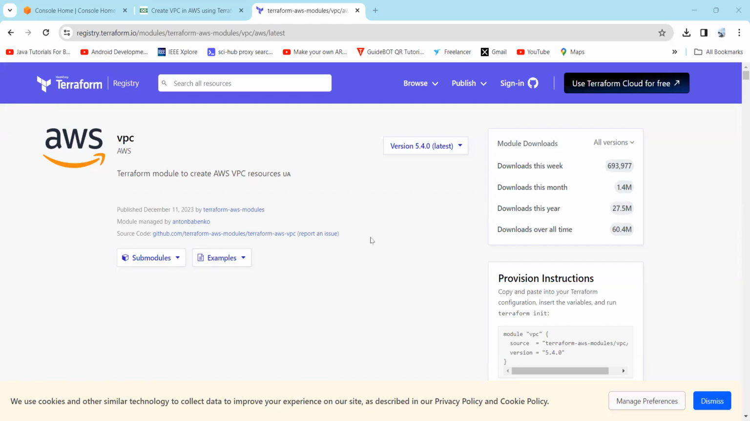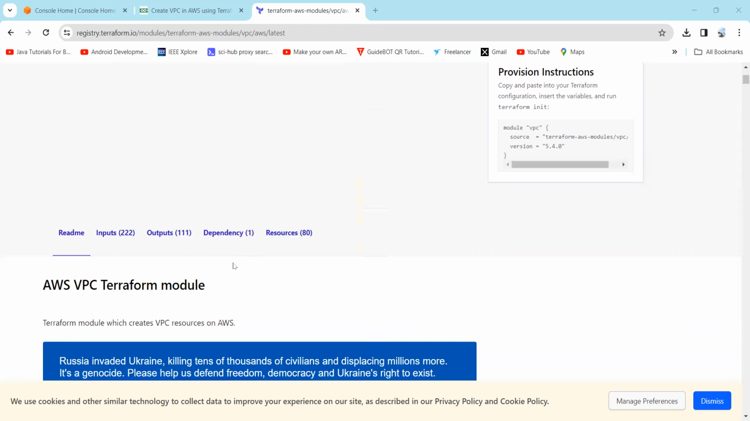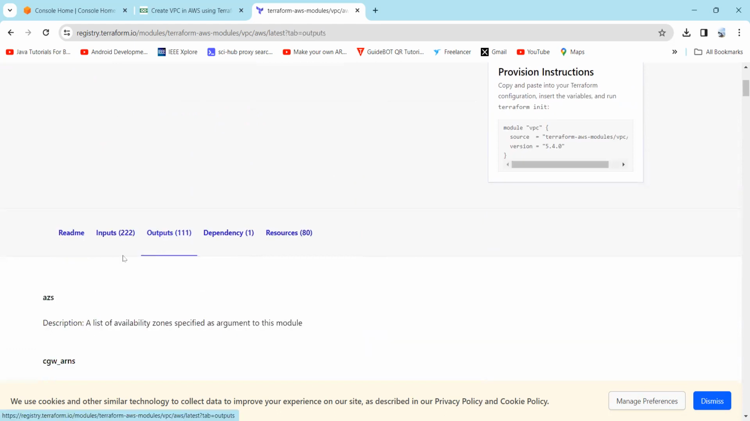So by using this AWS VPC module in our existing Terraform modules, we don't have to write the whole configuration ourselves. So we are going to substitute our subnet module, and we will see what the inputs and outputs are